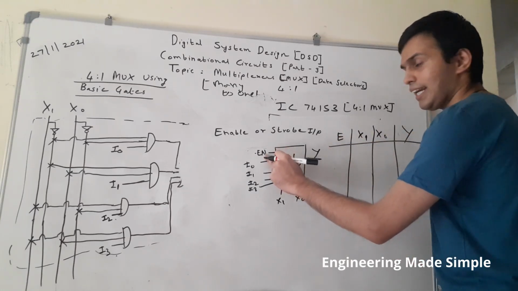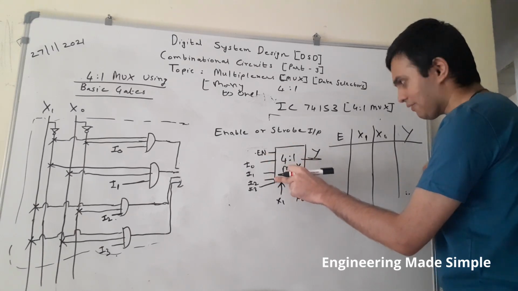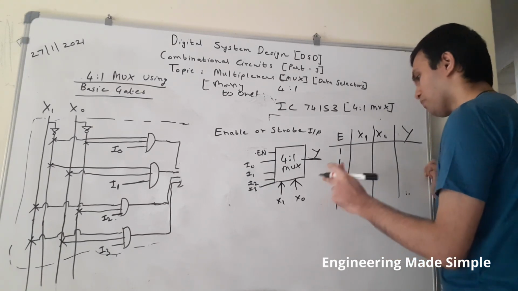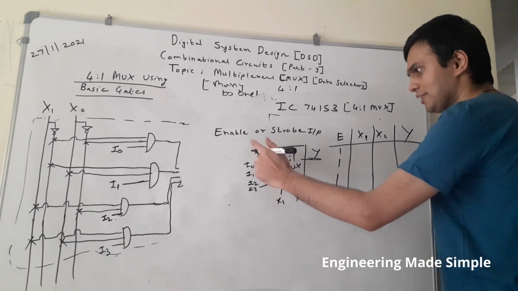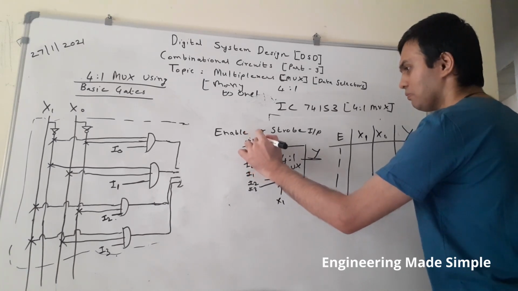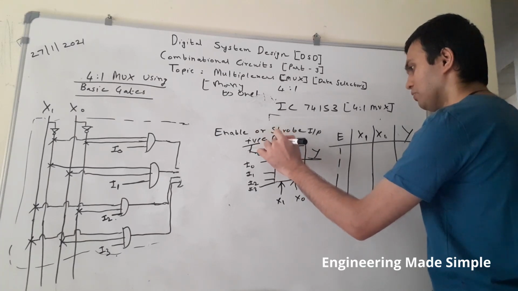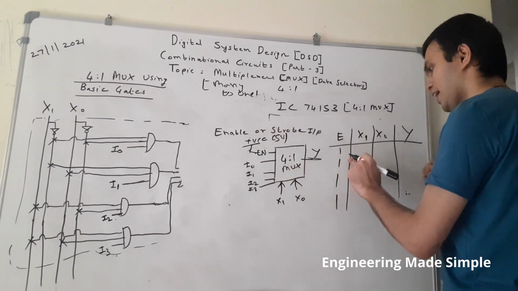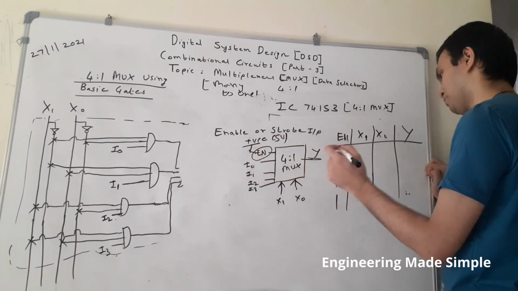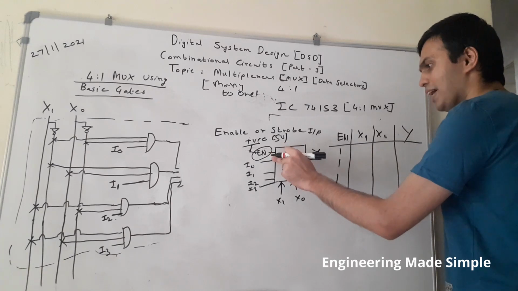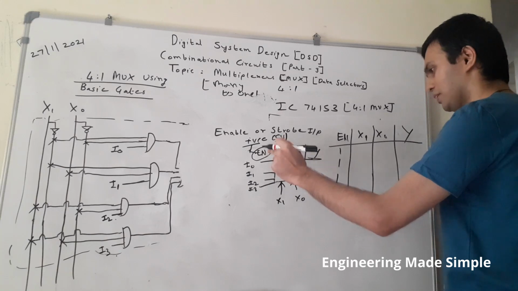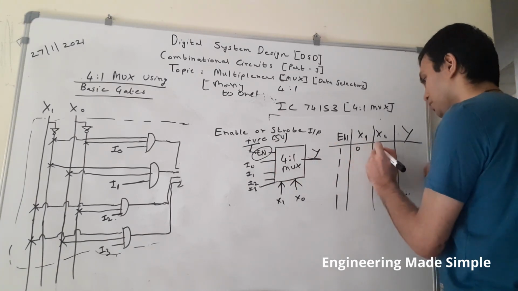So this is an active high input. So when will this circuit get activated? When enable is kept at logic 1. So for all the four input combinations, this should be permanently kept at logic 1, that is plus VCC, that is 5 volt, that is logic 1. So that's the reason enable input in this case is logic 1, because this is an active high input. The circuit will be activated if and only if this input is maintained at logic 1, and the rest of the truth table will remain the same.